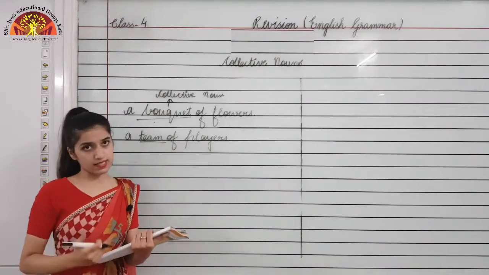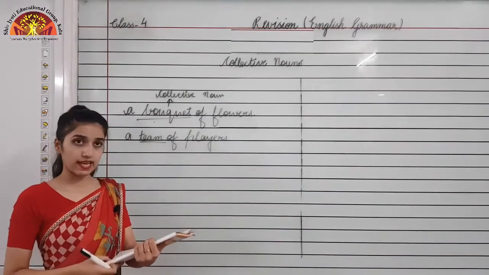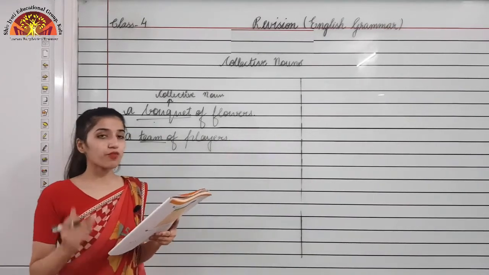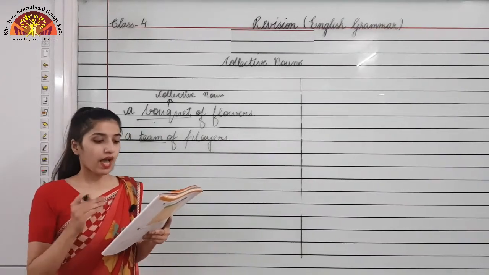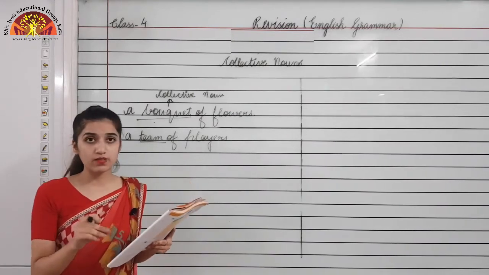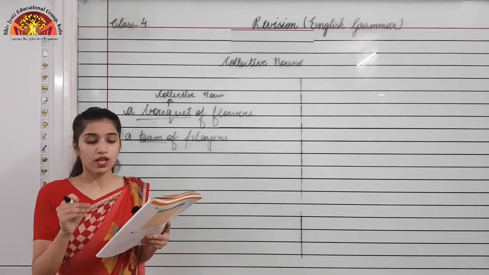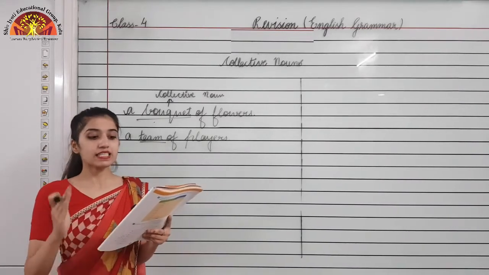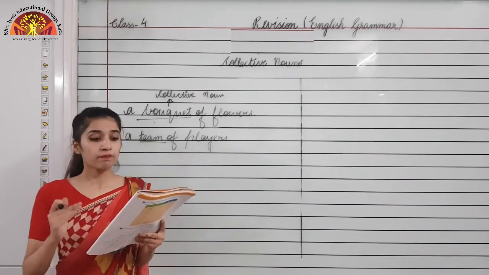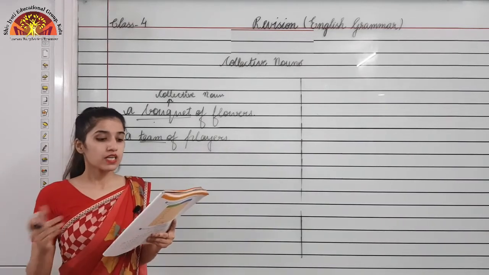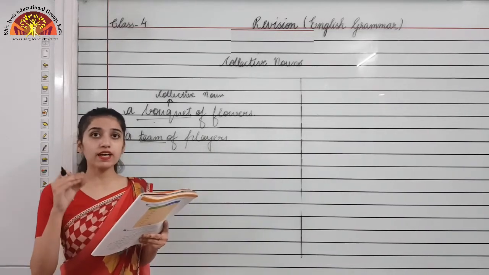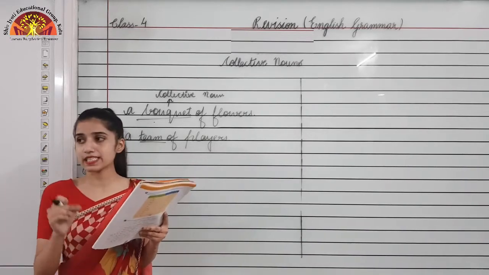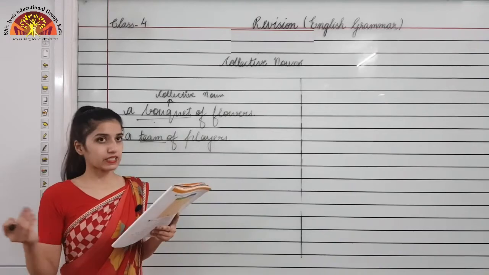Now moving to the exercise of this chapter. The first exercise, you can see it on page number 10 only. Exercise number A. Complete the phrases with collective nouns. And some of the collective nouns are given in the help box also, like gang, class, cluster, army, swarm, shoal, bunch, choir. So these are the words that are given in the help box, and you need to complete the phrases with the help of these collective nouns only.